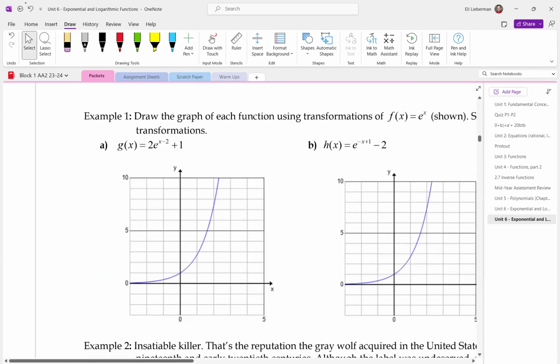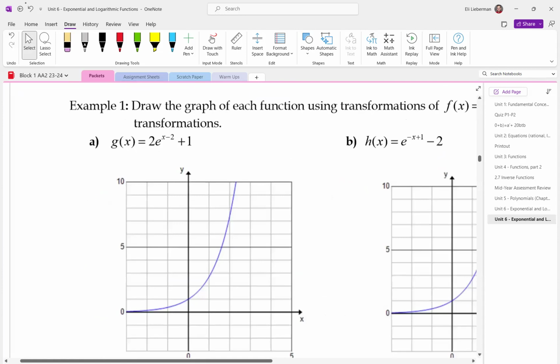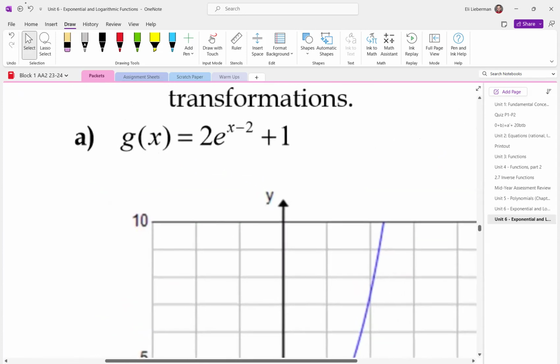Our goal is to graph these functions. This first one, 2 times e to the (x minus 2), plus 1. Can you please discuss what the transformations are for a